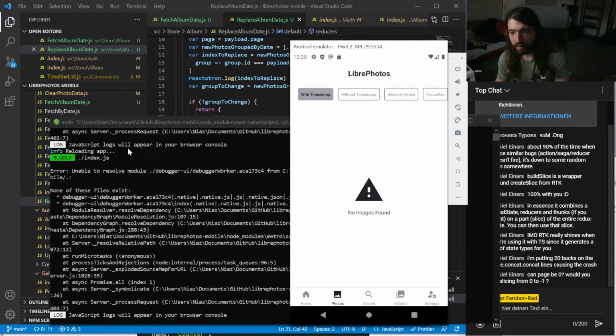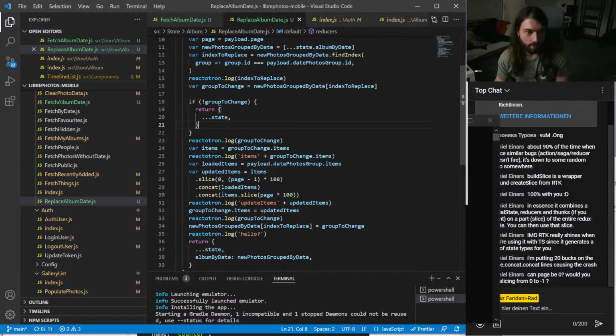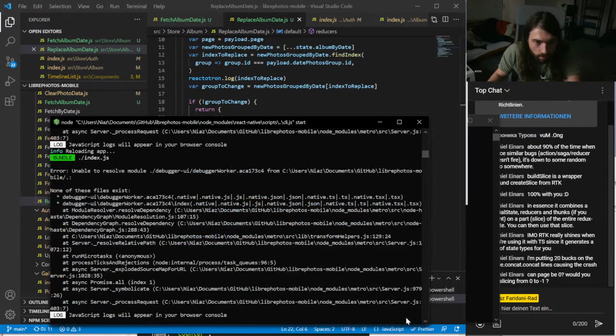So I think I know what the issue is, but I have to check. If we only load the temp groups, so we first load basically all the days, and we only get a snippet where it says number of items, and we don't actually send any items, then the items get created as temp objects on the client side. And if we now load too fast, then it can't find the items, I guess. So that's currently my guess on what's going wrong. So reload.